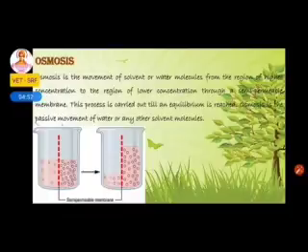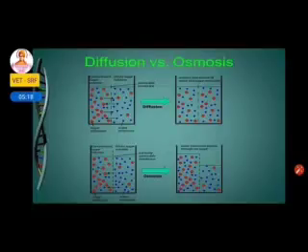Osmosis is a passive movement of water or any substance in a solvent. You can see the red line, which acts as a semi-permeable membrane. Before osmosis, the levels were not equal. After osmosis, it has reached the equilibrium level. This process is called osmosis. By this you could understand that diffusion and osmosis are more or less similar.